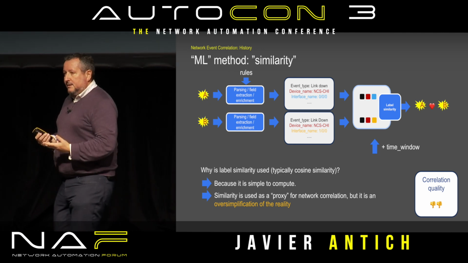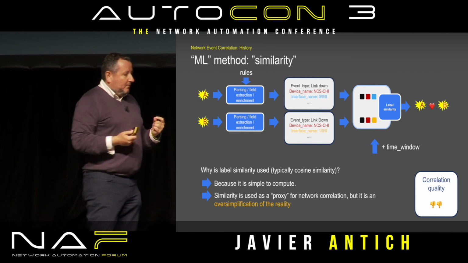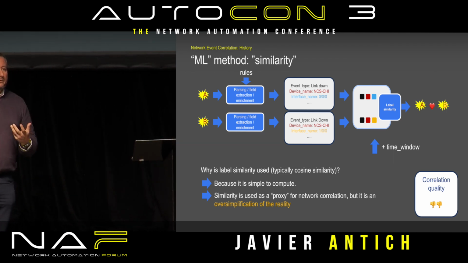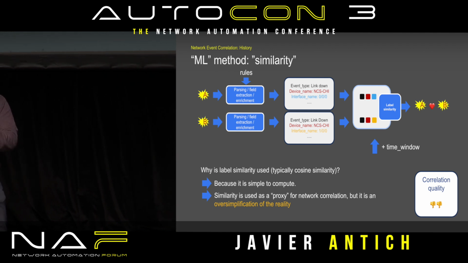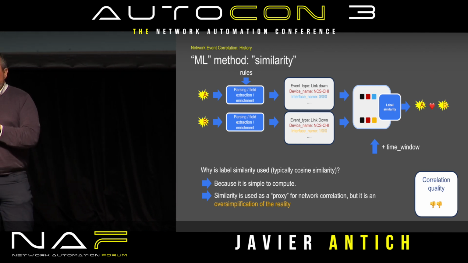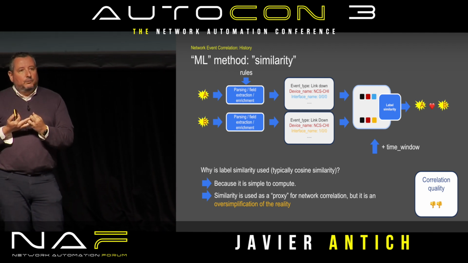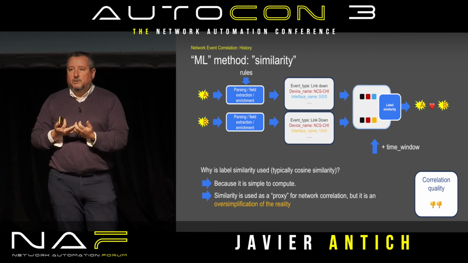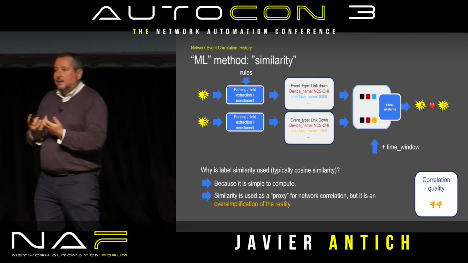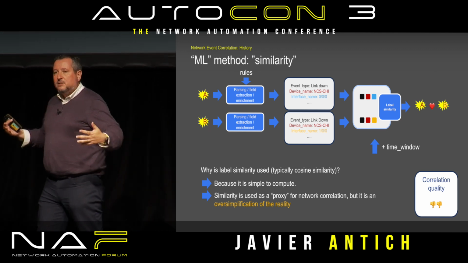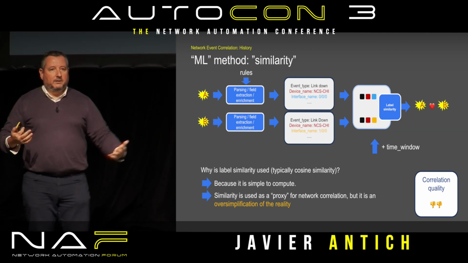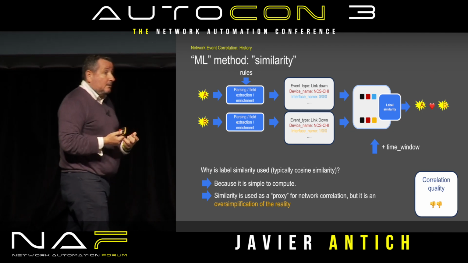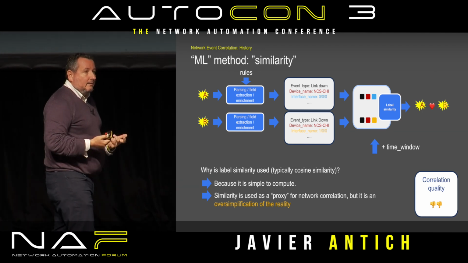But the problem with this is that, when we want to find correlation, we want to find whether these two events are really related with each other. And the fact that two events are similar really has nothing to do with whether the two events are correlated. It just says that the two events are similar, right? But that doesn't mean that they are connected, right? A network is a much more complex and very horizontally distributed system where things might happen in different places of the network. The fact that two events are similar, again, is just that they are similar, right?